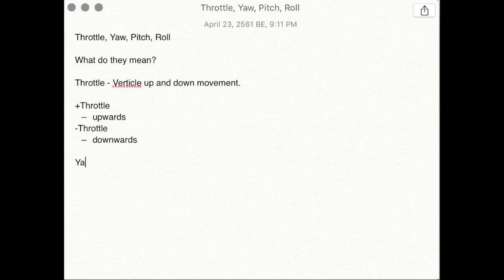Then yaw. Yaw is the left and right rotation of the drone. And this also has positive yaw, which means rotate to the left, rotate clockwise,